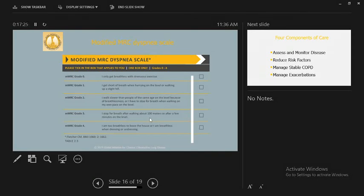Right, now you can download this from any medical website. It is similar to NYHA, but we have the MRC grade 0, which is for normal people. This MRC dyspnea scale is the best way to put the patient